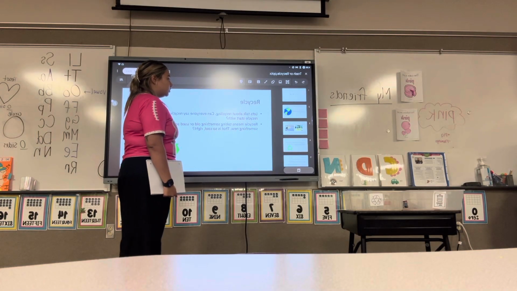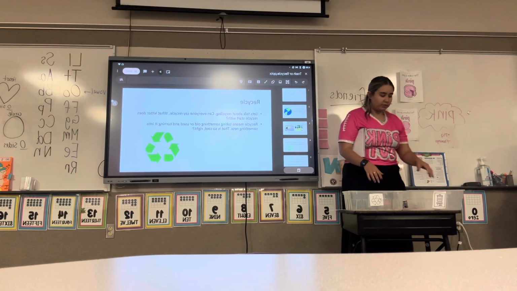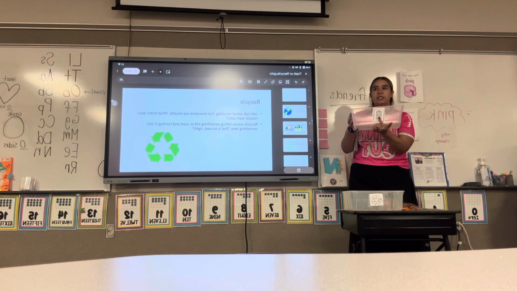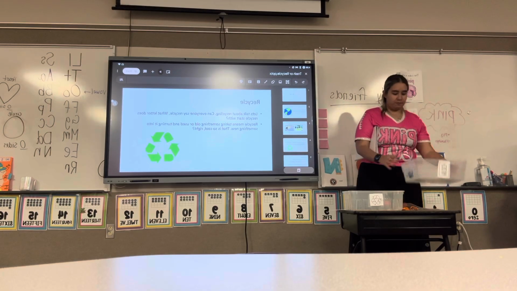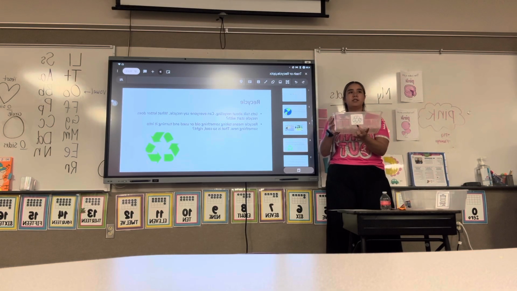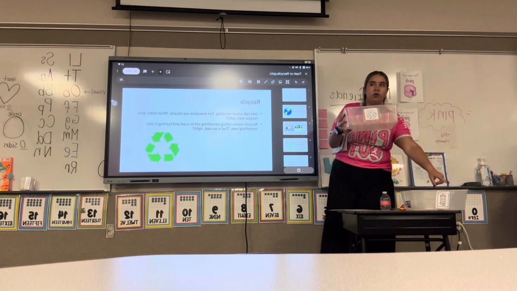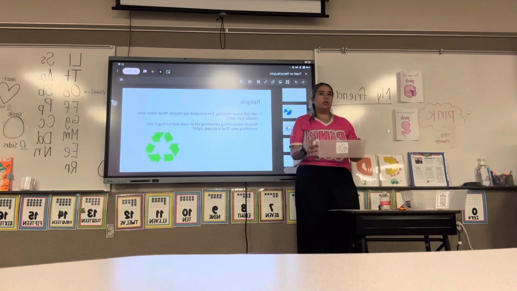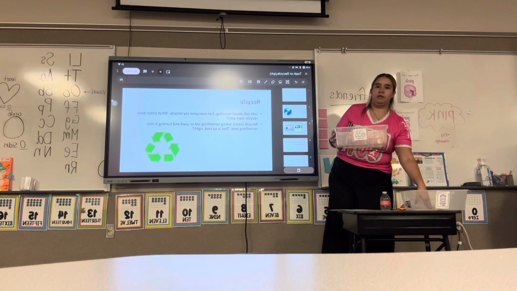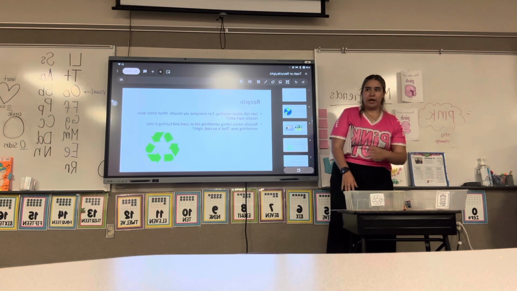Okay? So, we're going to look over here, and Ms. B is going to show you. I have my bin with my trash only. This is our trash can. You put your trash in this bin. In this bin, we have our recycling. This is our recycle sign. This is how you know if it's recycled. This is how you know if it's trash. Usually, the recycle ones are blue, and usually the trash cans are green. So, this is our recycle bin, and this is our trash bin.